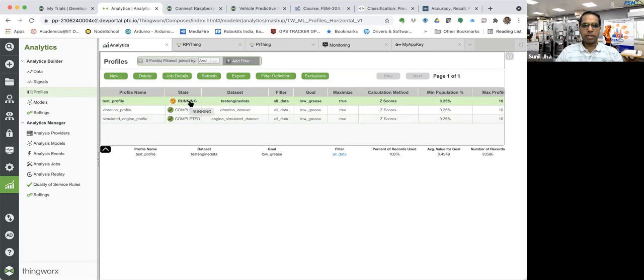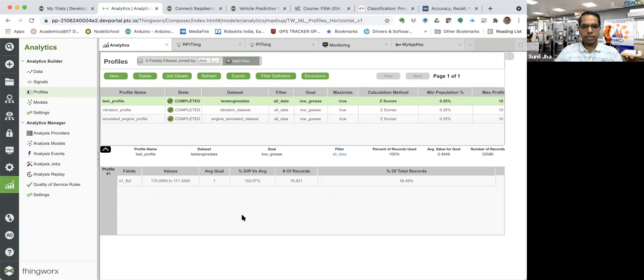It is performing those analyses to find out which combinations of the sensors are being used. So here, if you see, it's indicating that sensor 1 frequency band 2 is completely good enough to predict the low grease. So there is only one profile.